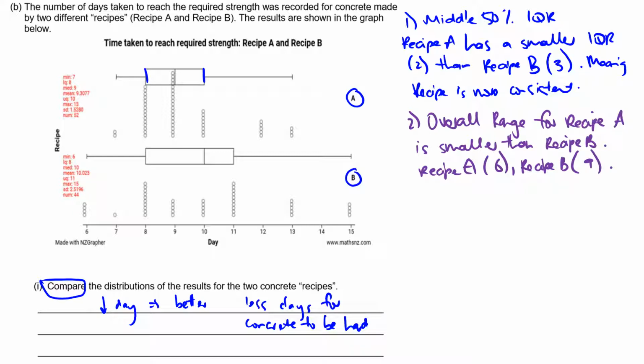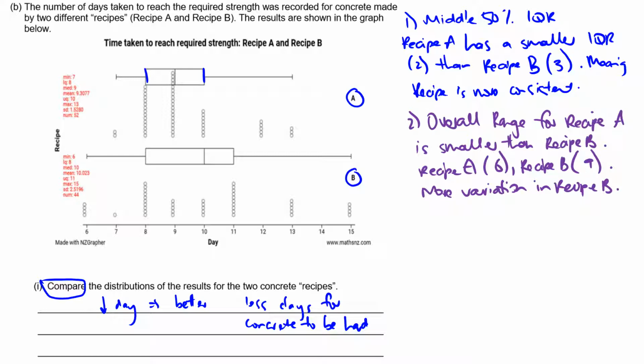And that tells you that there is more variation in recipe B. It's something that you don't really want if you are trying to make concrete